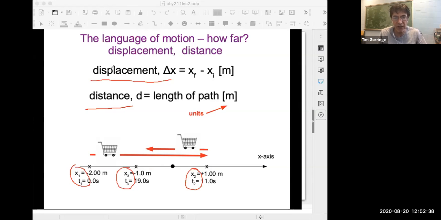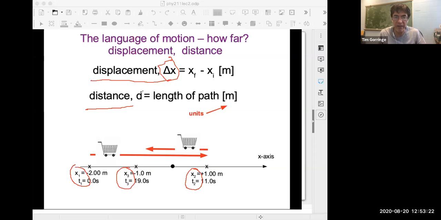So in physics, we'll talk about displacement sometimes up here, and we'll talk about distance sometimes down here. And these are actually different quantities in physics. They may be very similar in everyday language, but they're different quantities in physics language. So the displacement, I've called it delta x. That's commonly what we call it. And it's equal to the final position of the object less the initial position of the object. And its dimensions are length, its units are meters. So that's displacement.